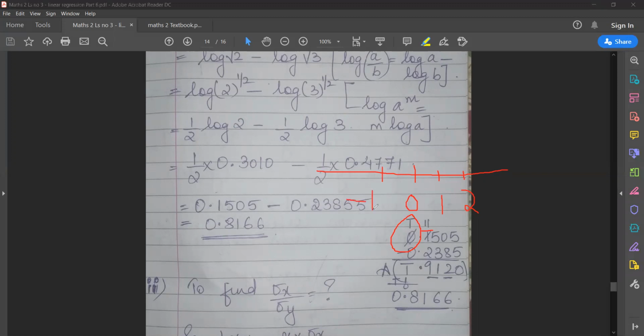So when you borrow something from 0, what will you write after cancelling 0? Minus 1. In the same way, if you have to borrow from minus 1, what will you write after cancelling? Minus 2. So this is the concept which we follow. That is the number line concept. So that is why I cancelled 0 and wrote a bar on top. In logarithm, we write the minus in the form of bar. So as you can see on subtracting, bar 1 minus 0 gives you bar 1. And on cancelling, you get 9120.